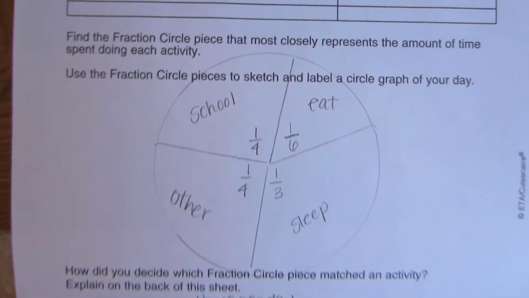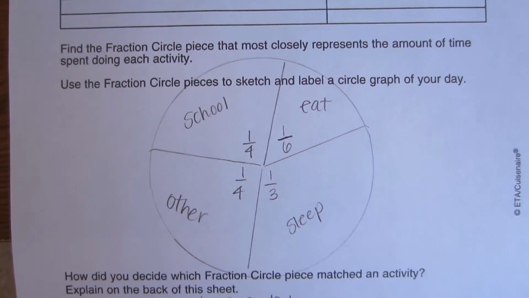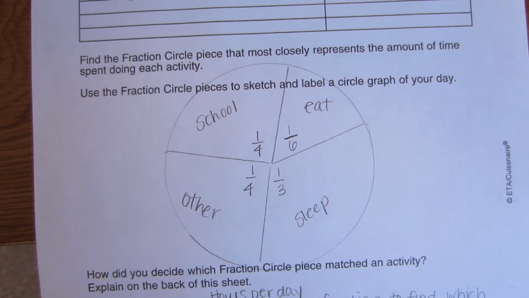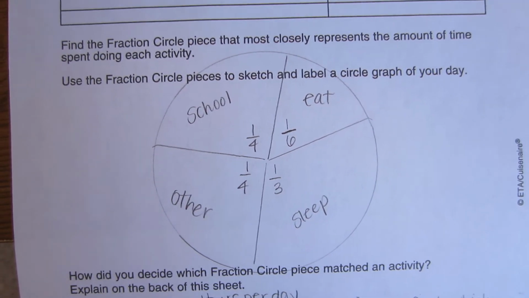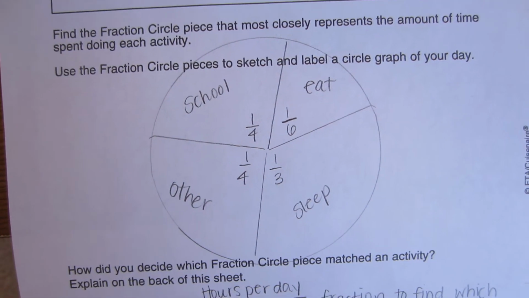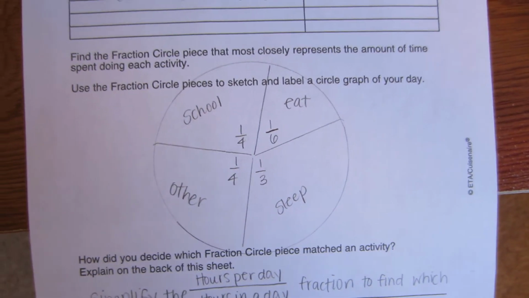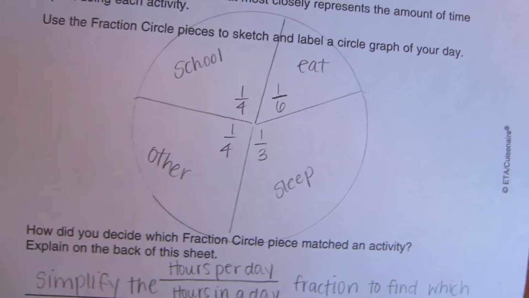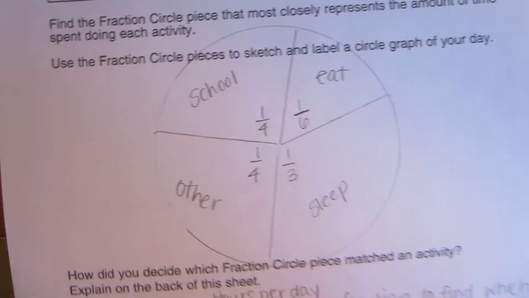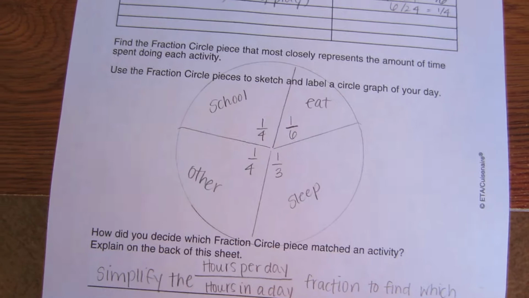So right here it says, find the fraction circle piece that most closely represents the amount of time spent doing each activity. Use the fraction circle pieces to sketch and label a circle graph of your day. Sorry, a circle graph of your day. So for